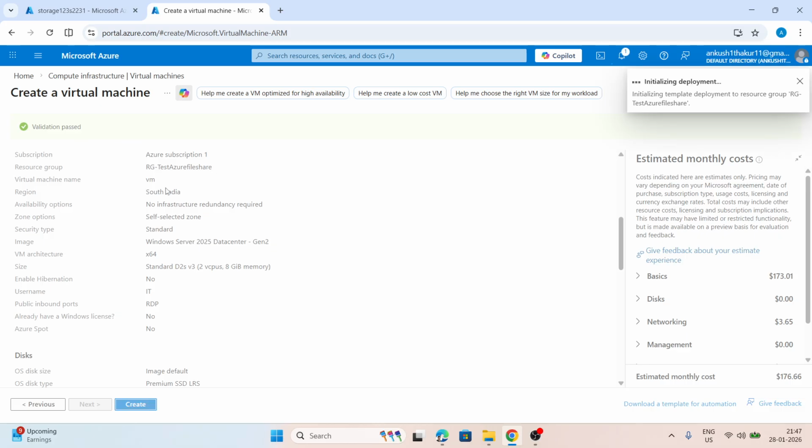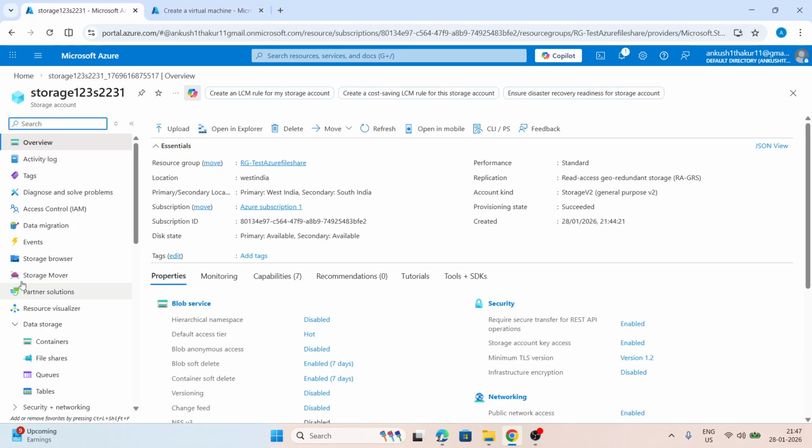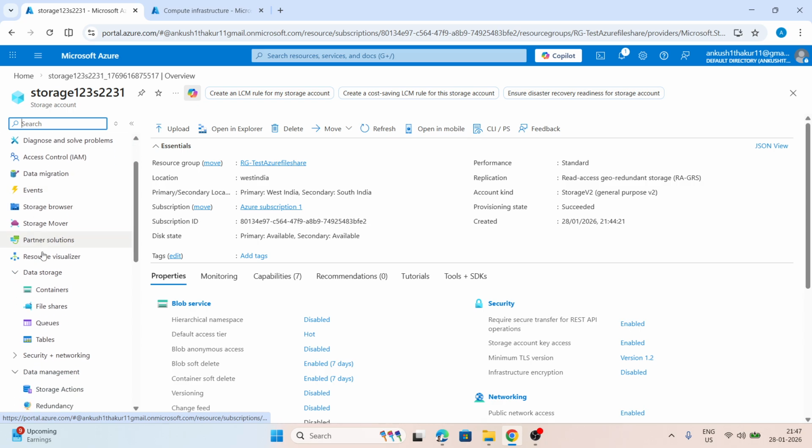So I'm creating the virtual machine. So it's under process. Now I go here under file shares,